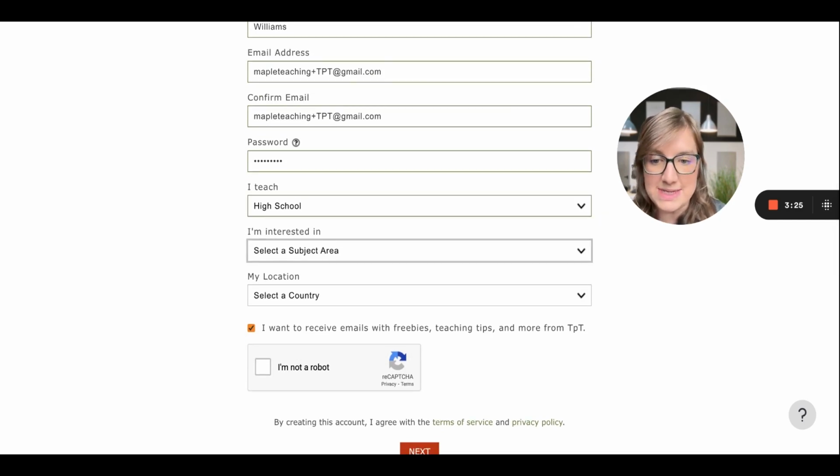I am interested in science, but you've got other things there. You could also put, if you are a primary or an elementary school teacher, that you teach many subjects, so you're not interested in just one. You might be teaching maths, English, science on a daily basis. But for me, I'm going to put science, and then for my country, I'm going to put the